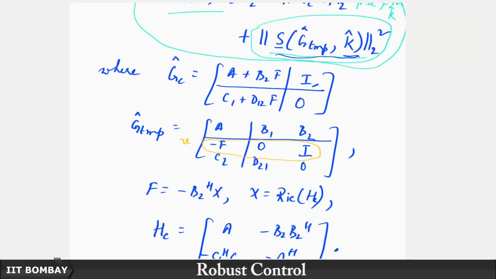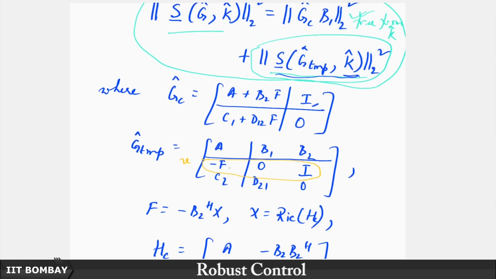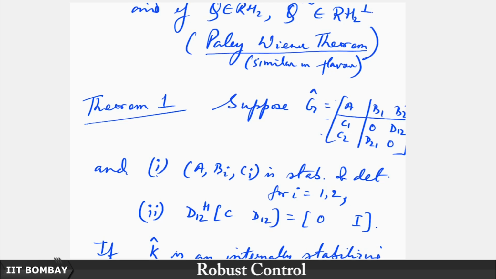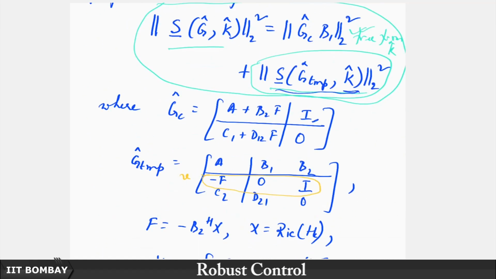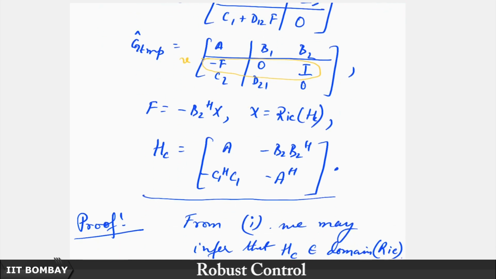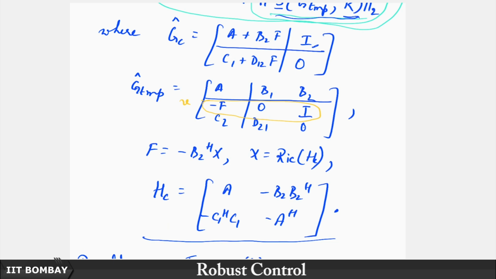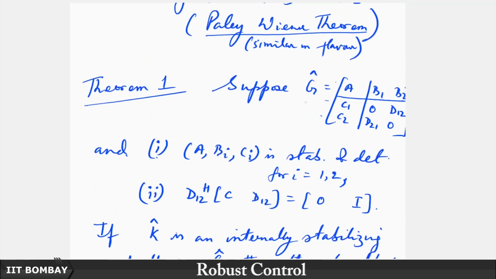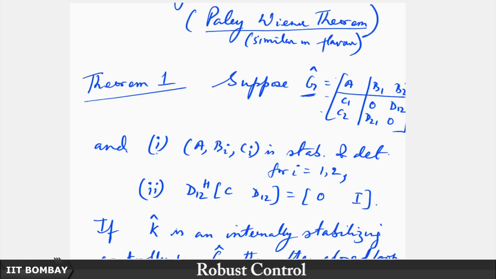So, eventually I ended up going back after all. So, here was this unknown and GTMP, and notice that this GTMP is now the original plant, whereas in this case the original plant was this. So, everything in the original plant is known. So, now we are saying that everything in our GTMP hat is known, all right. So, then there is some unknown here. Instead of F we are going to call it L now, okay. So, we are posing exactly the same problem here. Instead of G hat here, now we will start with G hat TMP prime, okay, and apply the conditions that